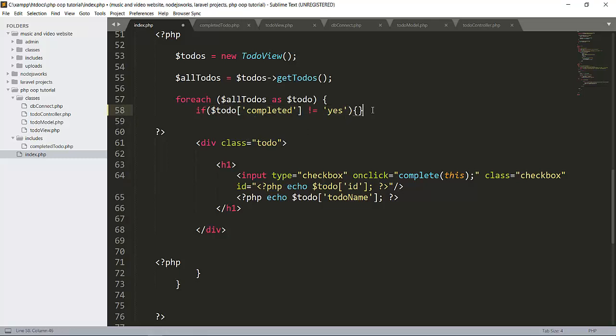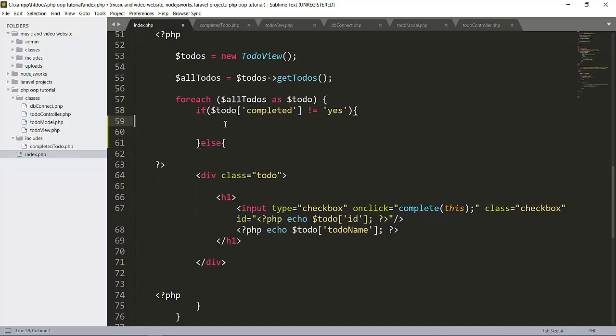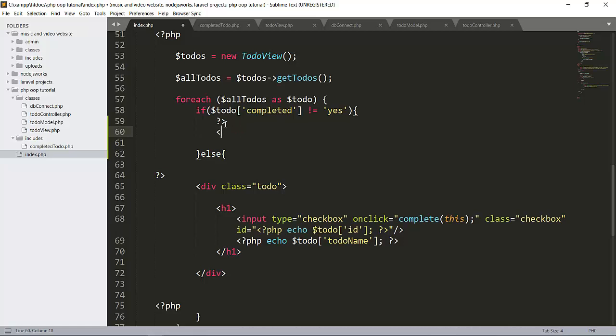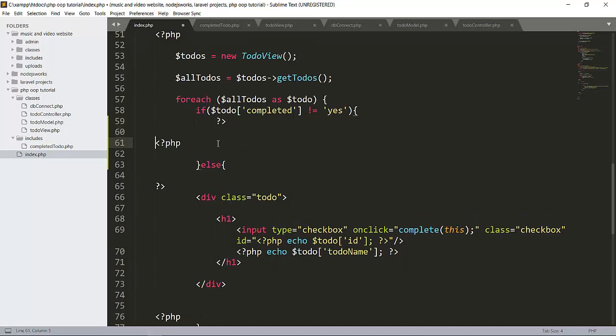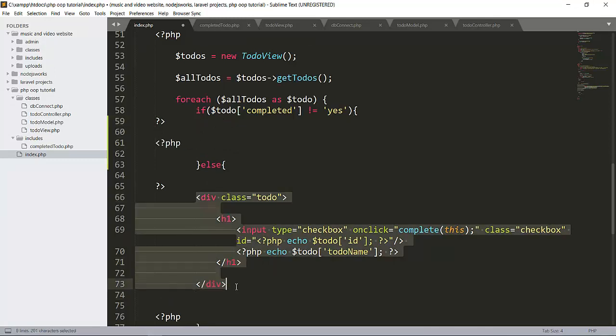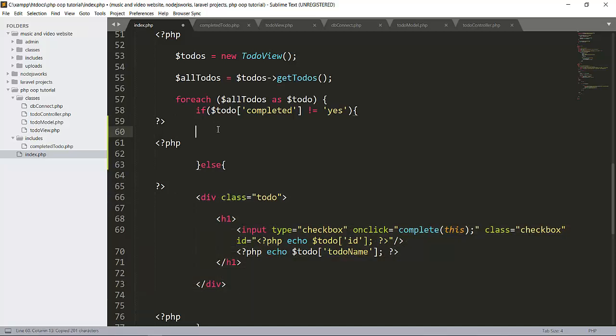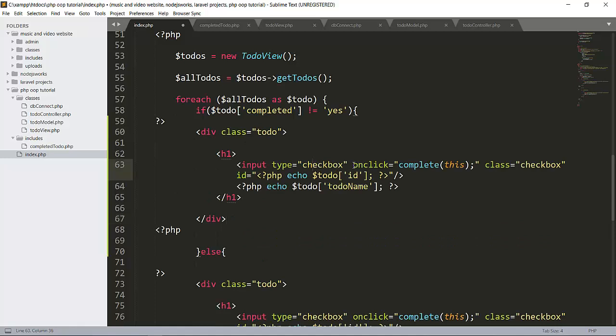Now there will be one else condition, and in the else condition there will be a simple to-do. So first of all we close our PHP tag and then open our PHP tag again. Now, let's copy this to-do and paste it again. Here the type is checkbox, there will be checked, and here there will be disabled.